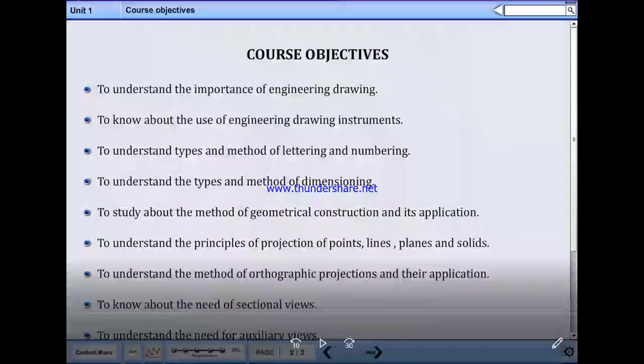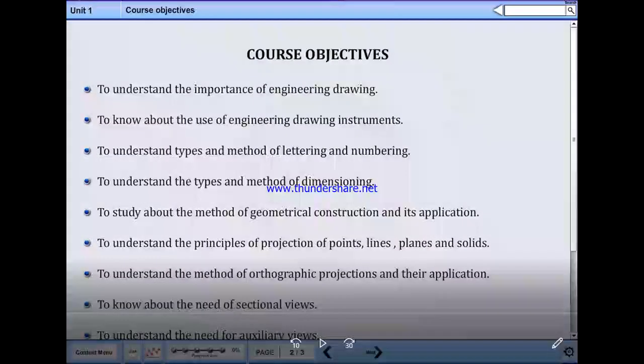For online lessons. So I think this is the first class and we are going to learn the course objectives for the introduction part. So let us see what is the background of engineering drawing. It means to understand the importance of engineering drawing and to know the use of engineering drawing instruments, to understand types of methods of learning, lettering and numbering, to understand the types and